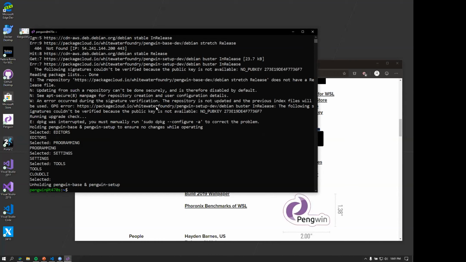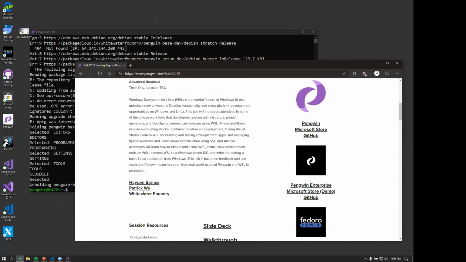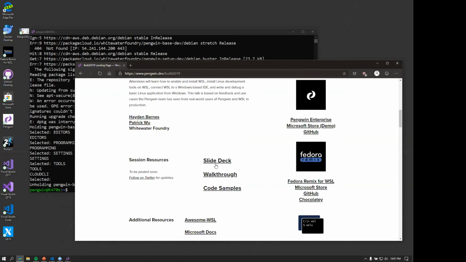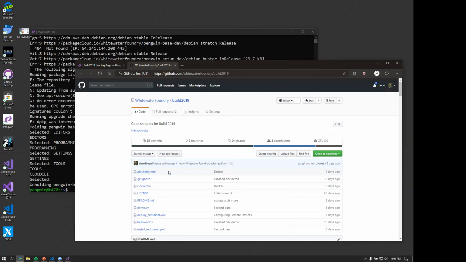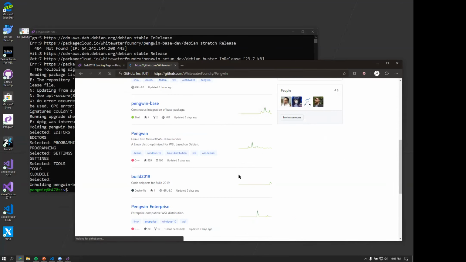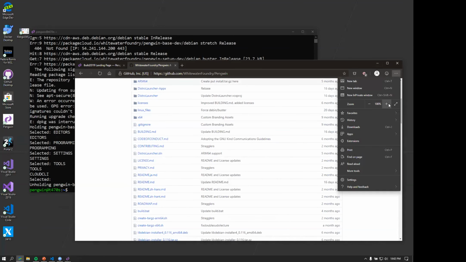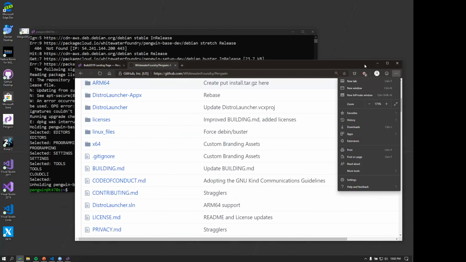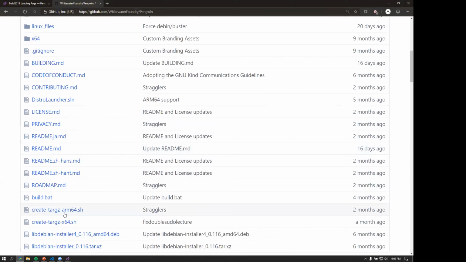So I hope this was interesting. I hope I got to show some folks some interesting new things. I urge you to check out the slide deck, the walkthroughs, the code samples. They're all on GitHub. All of our source is available on GitHub. Everything we do, from how we build our images